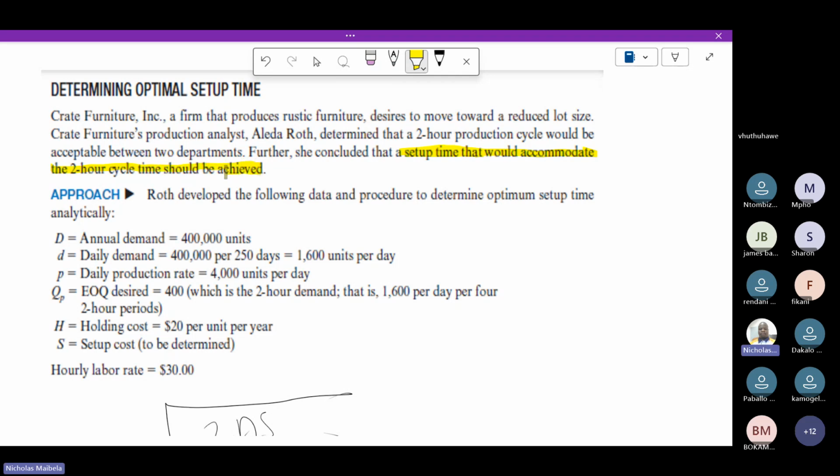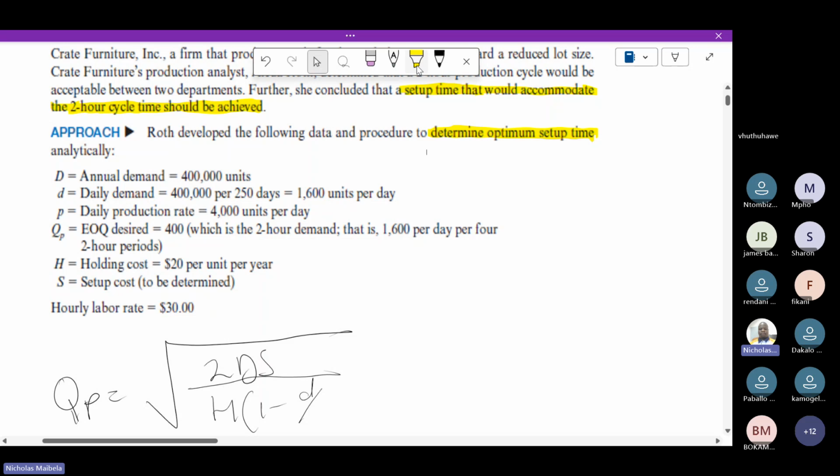So now we need to determine the setup time. Roth developed the following data procedures to determine the optimum setup time. So obviously your question would ask you, well, what is the optimum setup time? All right. So this is formulated around